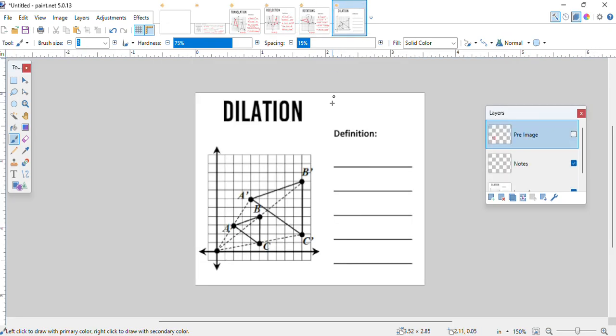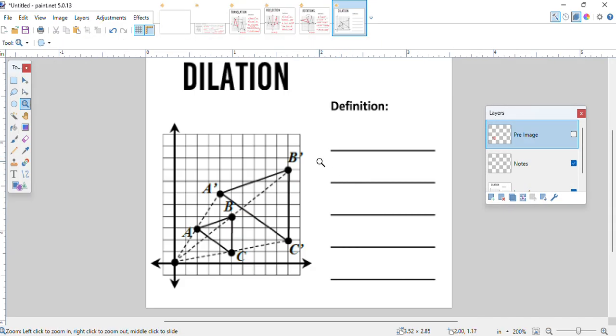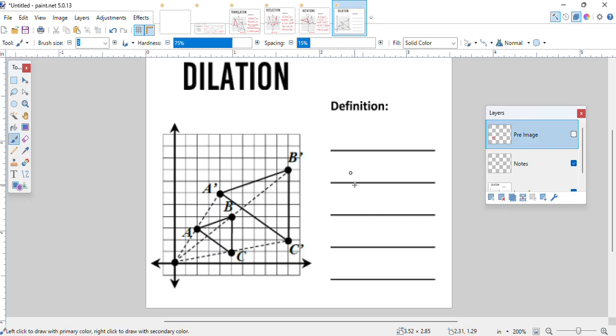Okay. And then our last one that we're going to discuss today is our dilation. You might have heard people having their pupils dilated or something along those lines. It's just a change in size, really. So when we think of a dilation, it is the enlargement or reduction. Those are the math words that we're going to use. That is the academic vocabulary. So it is the enlargement,